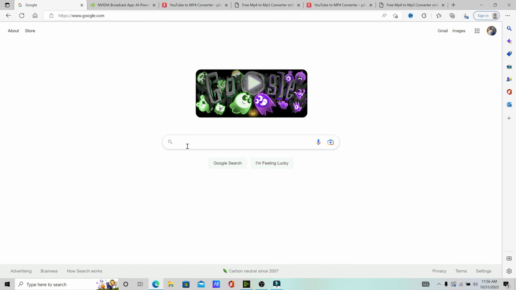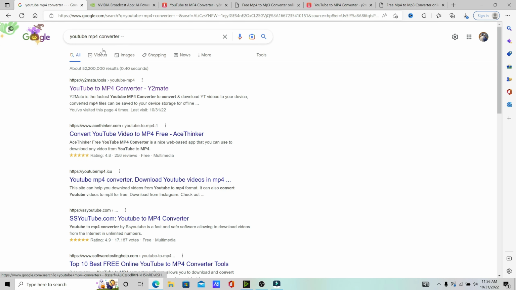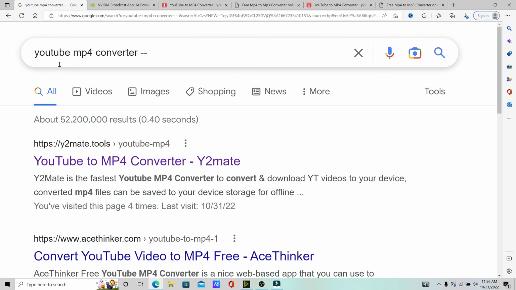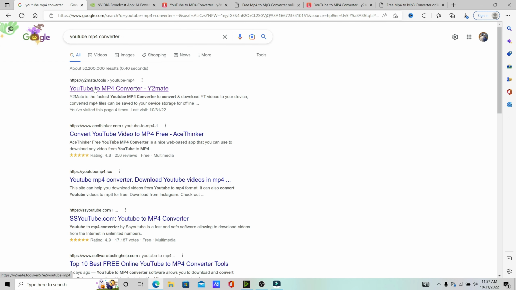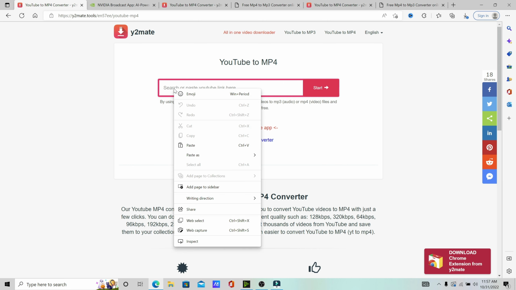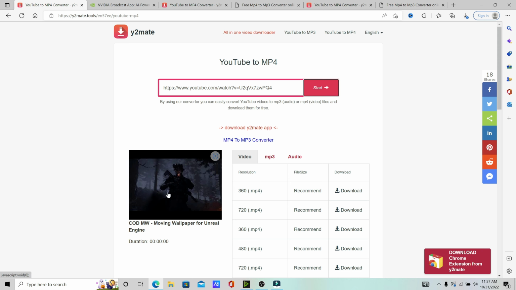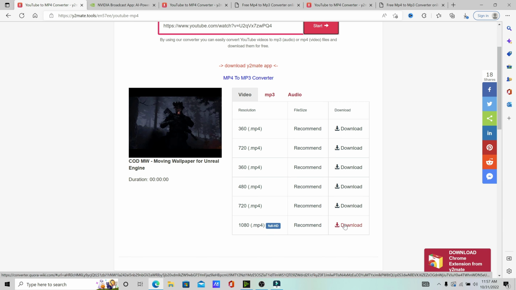All right, and now in Google I'm going to type in YouTube MP4 converter. Just in case you want to know how to spell it, this is how it is: YouTube MP4 converter. You could choose whichever one you want, but I choose y2mate.tools. So I click that, and now in their search bar you paste that URL, and you can already see that the video we saw before with the Call of Duty soldier has shown up, and you'll just press